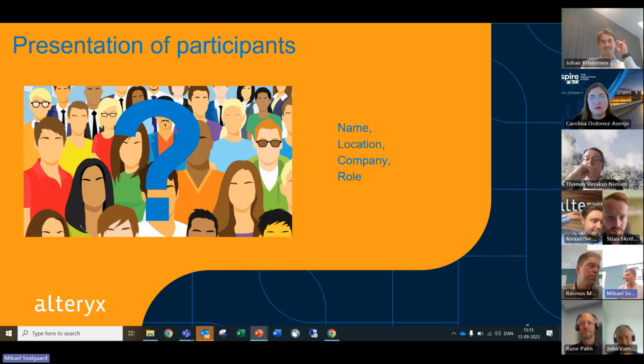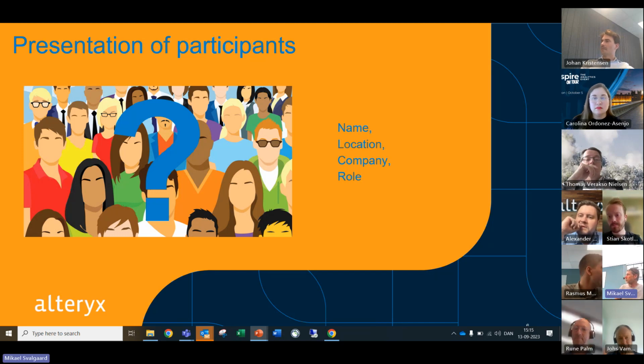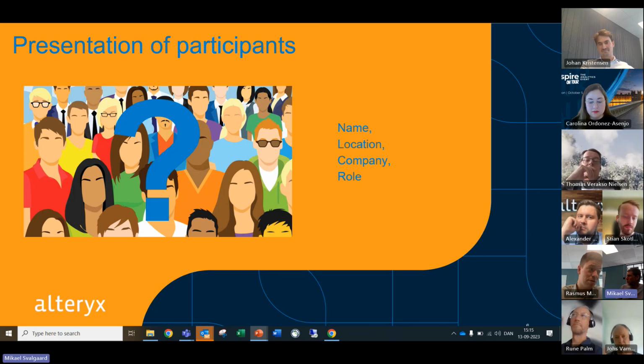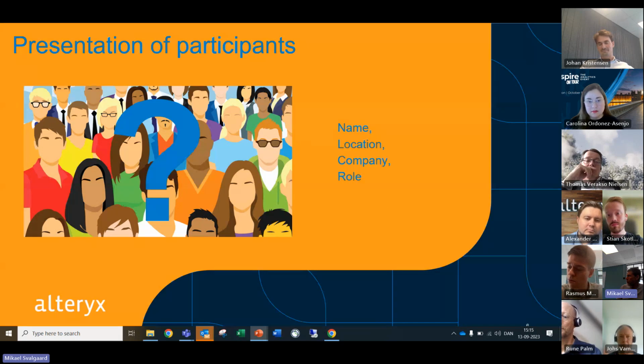I'm in the room. So my name is Rasmus and I've been working with Alteryx for 6 years, I think now, through Inviso and then Demo Team. Actually, a little bit before that as well. I found Alteryx and I joined Inviso because I thought it was such a great tool. I just wanted to work with it full time. Demo Team is a consultancy. I think we are the largest Alteryx consultancy in Denmark and probably maybe in the Nordics as well. I don't know. Alteryx will probably be able to tell you. But obviously working with a lot of different clients, and the best one being NKT, obviously. Been working with you guys.